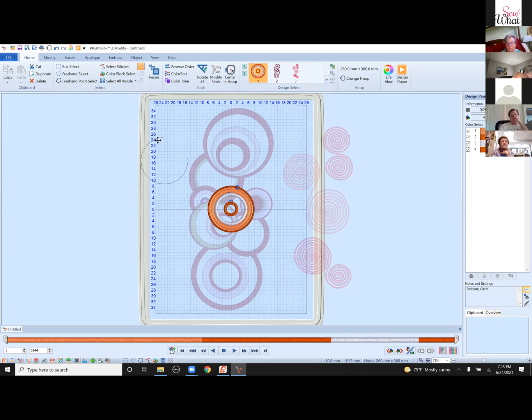And I might move that one out of the way. And for me, that just gives me the ability to kind of see them all individually. Even though only one is active, I like the fact that I can see them separately. Now, if I were trying to build something together, maybe I wanted a background and a tree and a cloud